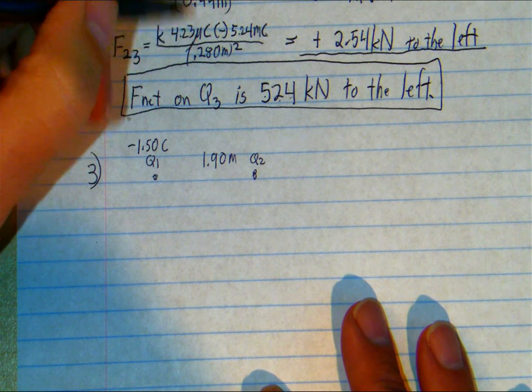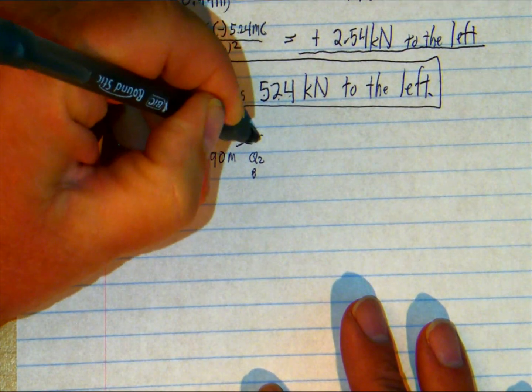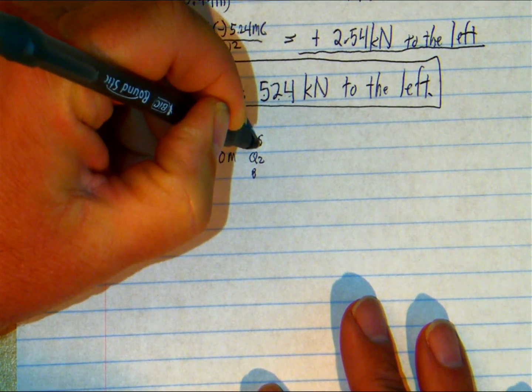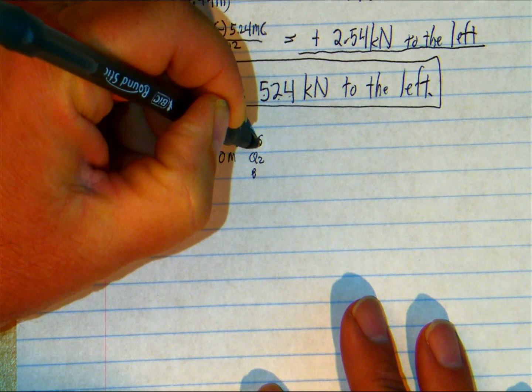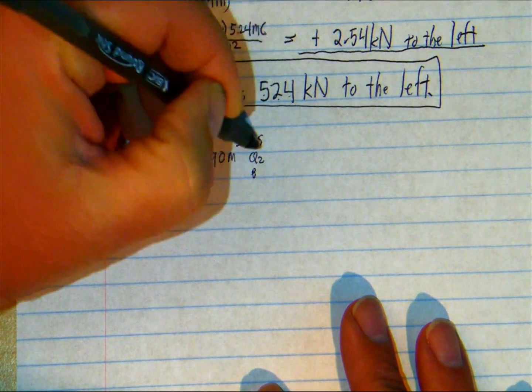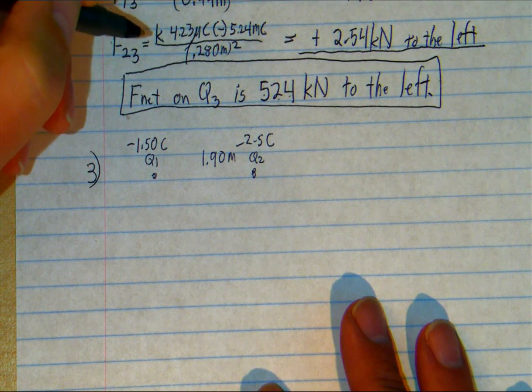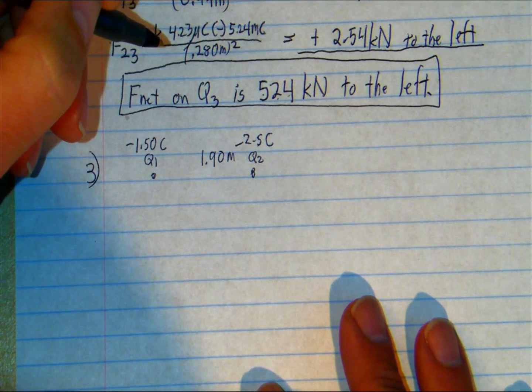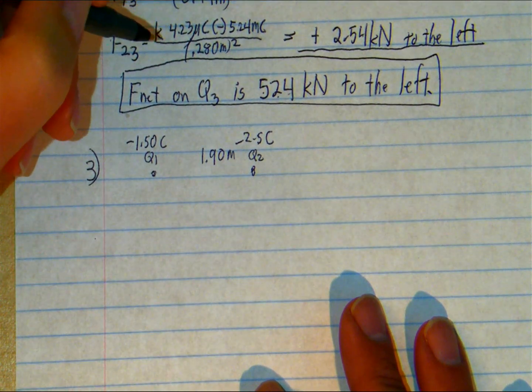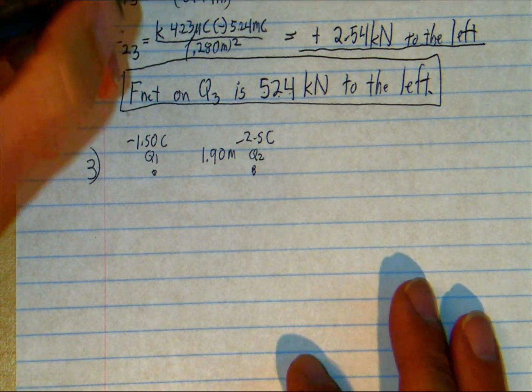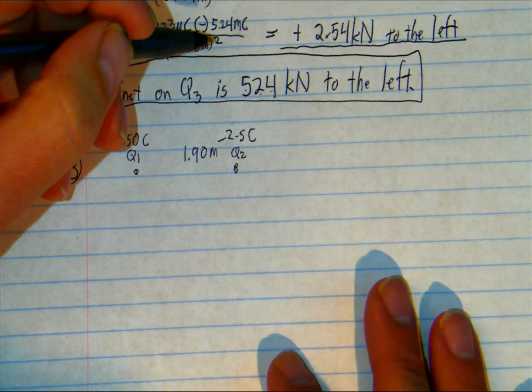Q2 has a charge of negative 2.5, and that should have been 3 sig figs as well. Oh well, coulombs. Because of the way I wrote it 3 different times, this problem should be solved to just 2 sig figs. Oh well. Then you go an additional 2.1 meters